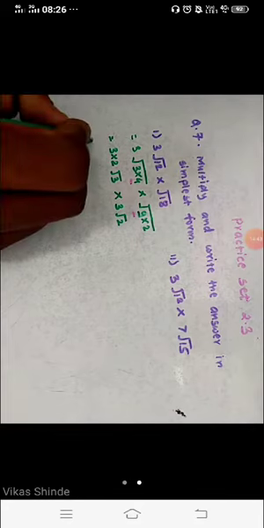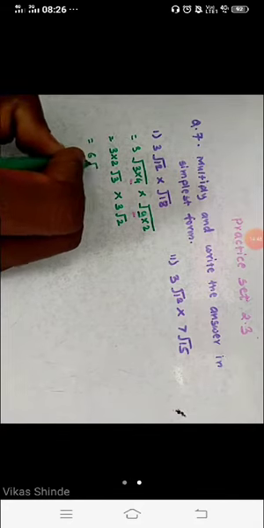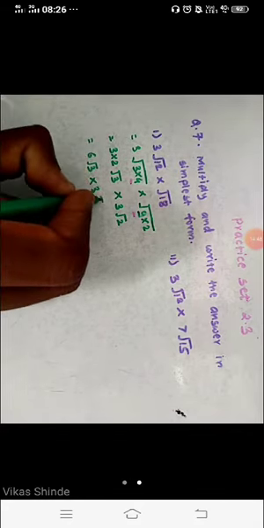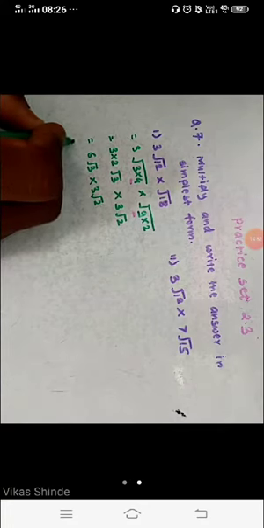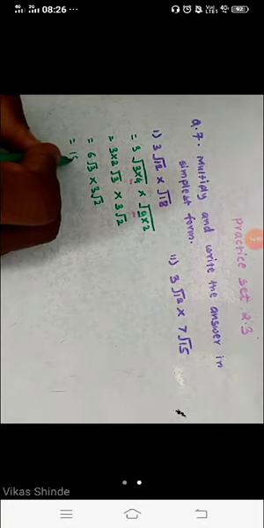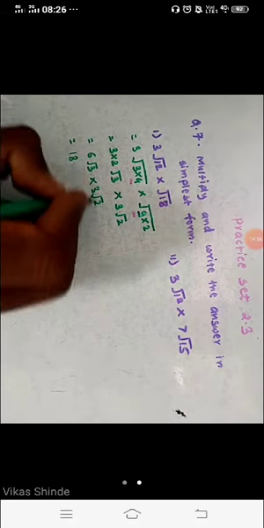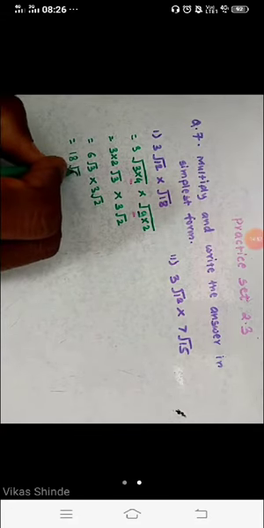Now after that, if you look here, 3 twos are 6, 6 under root of 3 into 3 under root of 2. Now multiply the outside numbers, 6 threes are 18, and then multiply the inside numbers, 3 twos are 6.